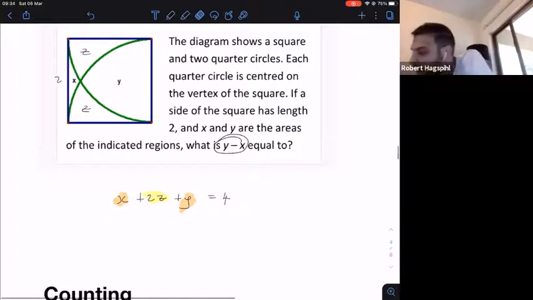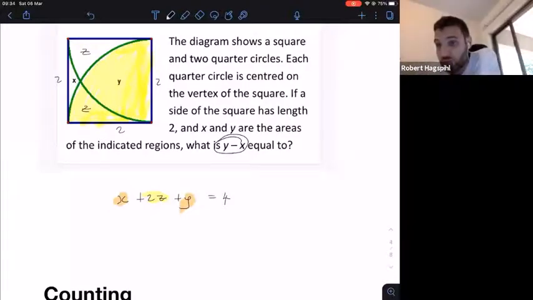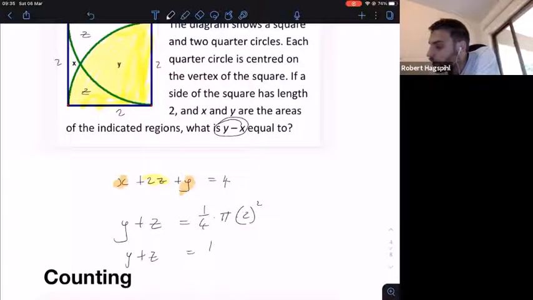Okay, cool. So is everybody with me that if this is a quarter circle and that circle has a radius of 2, then I can say y plus z is equal to a quarter of the whole circle. The whole circle is going to be pi times r squared, and the radius of the circle is 2. And so I'm going to get y plus z is equal to a quarter times pi times 4. Okay, so if I rearrange this,